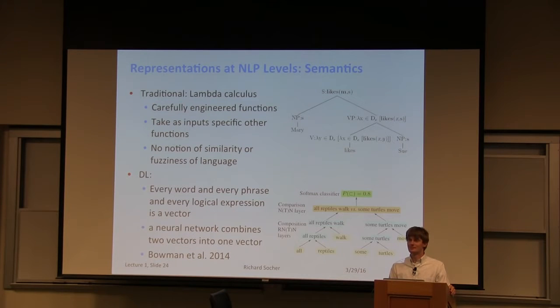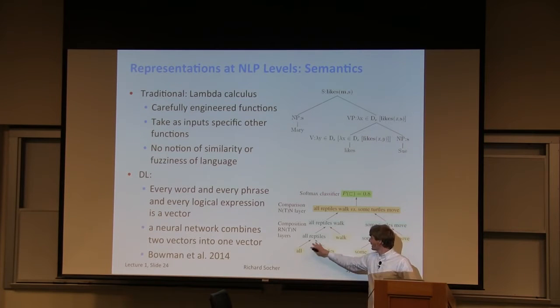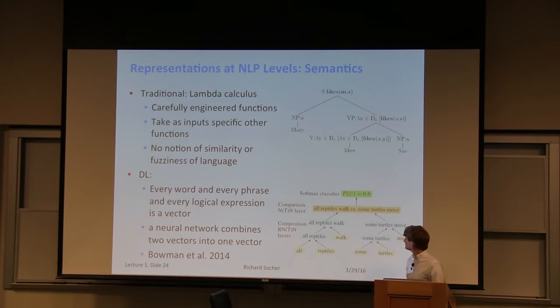And actually matching them one-on-one is one of the ways that humans do compare them, do entailment relationships. So do you think this kind of tree composition structure might not be the best structure? It's a great question. So here we actually said we first combine all with reptiles, and then all reptiles now is combined with walk. And here we say some turtles, and first you try to represent the meaning of some turtles, and then you